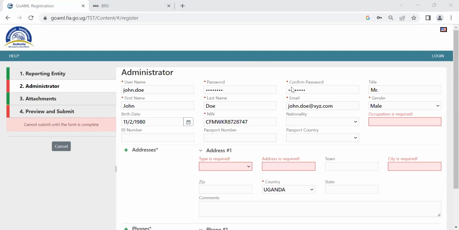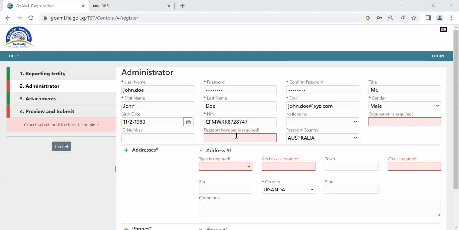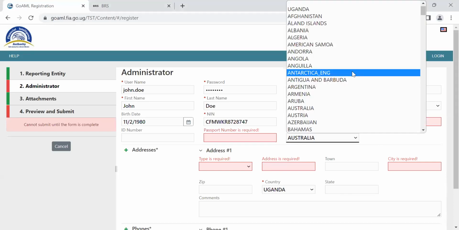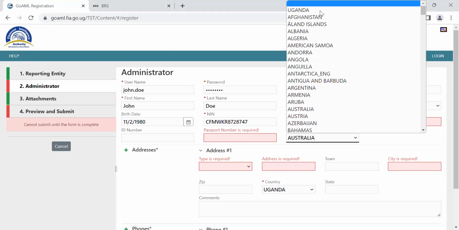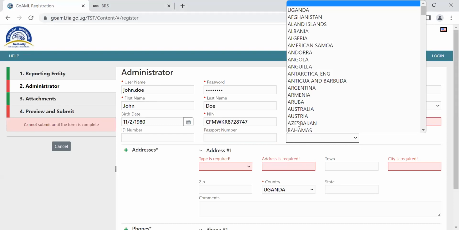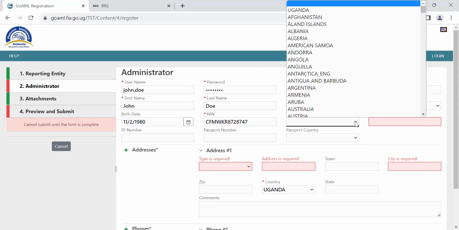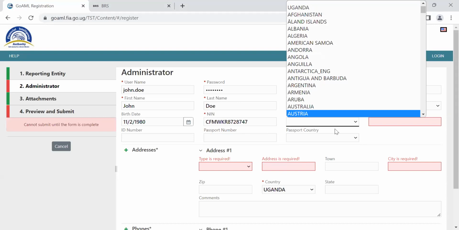My passport number is required in red. Meaning it's because you picked the passport country. Did you pick the passport country? Once you pick the passport country, it will expect a passport number. So just scroll up just above Uganda, click that space to remove the passport country. Once you pick passport country, it will require a passport number. For nationals, the NIN is sufficient.